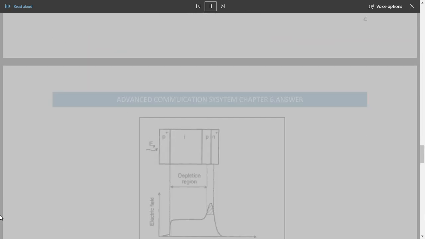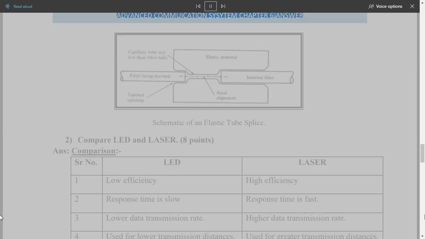Advanced Communication System, Chapter 6. Answer: 2. Compare LED and laser, 8 points. Answer: Comparison. Serial number, LED, laser. 1. Low efficiency, high efficiency. 2. Response time is slow, response time is fast. 3. Lower data transmission rate,